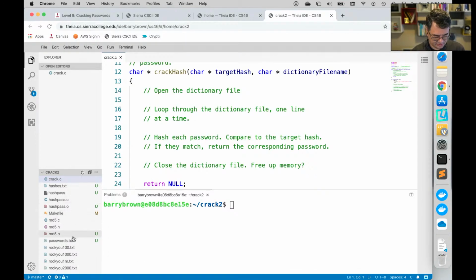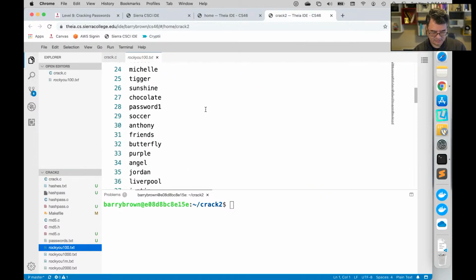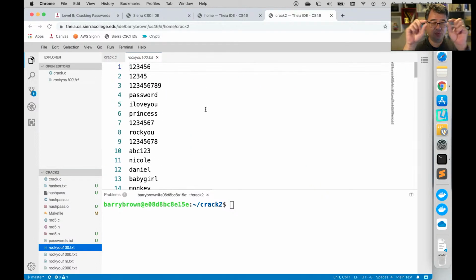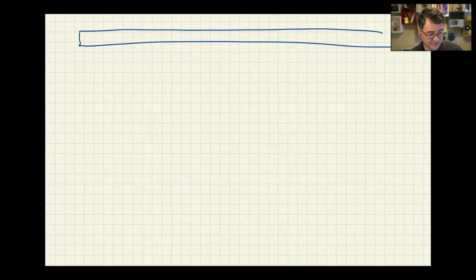Let's open it up over here. But it's not really. All of these words are actually just run together inside the file. So if we picture a file as just being a long array of bytes, then we got 1, 2, 3, 4, 5, 6. And then what separates this first word from the next word? The \n. Yeah, there's a new line character in there. And then 1, 2, 3, 4, 5. And then a new line character. And 1, 2, 3, 4, 5, 6, 7, 8, 9.